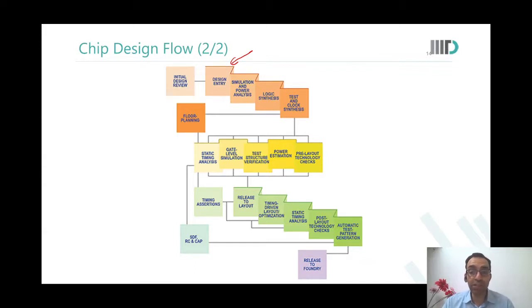But now you actually have the real wire length available with you. So this is a more realistic analysis. So you do STA all over again. And you do post layout technology checks now. That is, is it DRC clean, is it LVS clean, is every gate, every poly, connected to a diode or a drain somewhere. Otherwise, there could be antenna violations, and the chip would fail after fabrication and all that stuff.